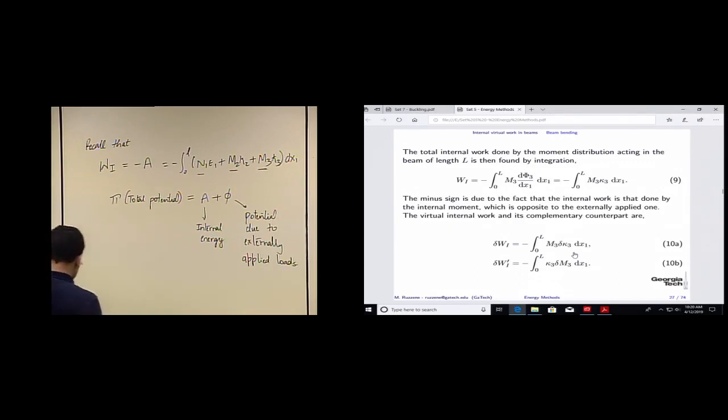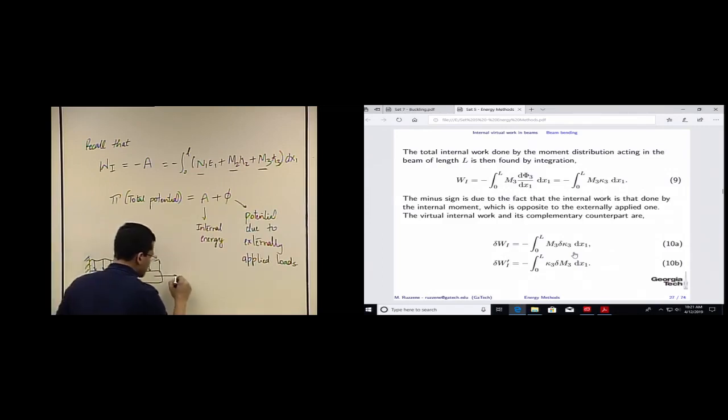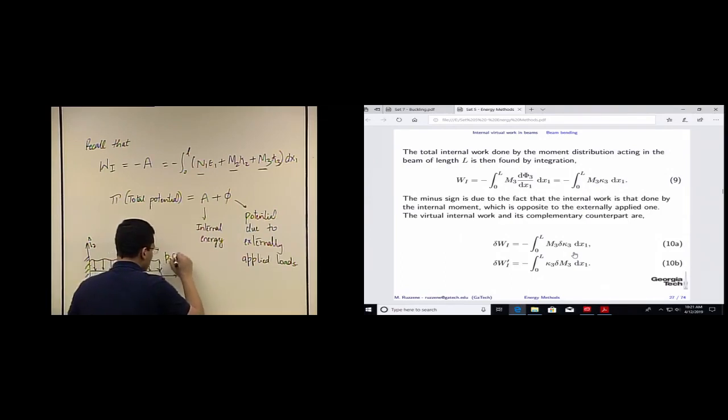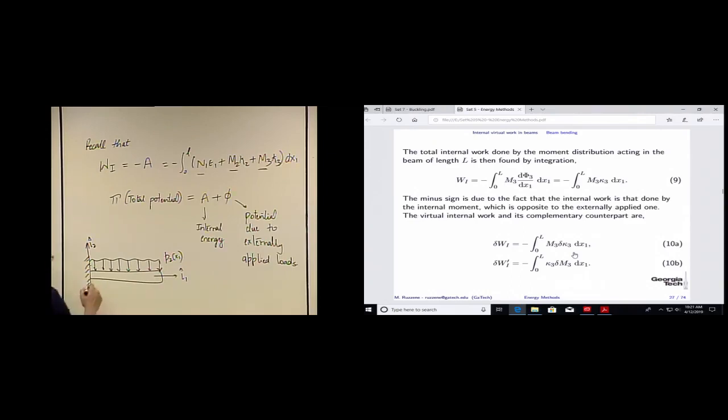So let's say we have a beam, okay, and there is a distributed load applied on the beam, and this is I1 and this is I2. So the distributed load is applied along minus I2, and that's P2 x1, okay, and the beam is of length L,